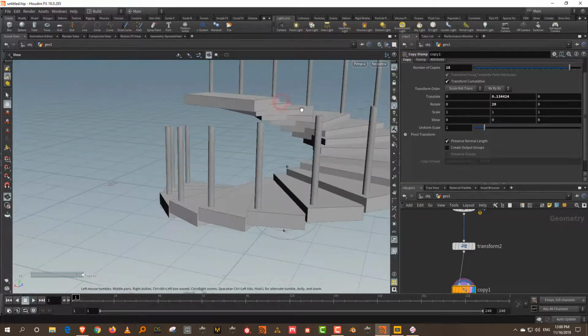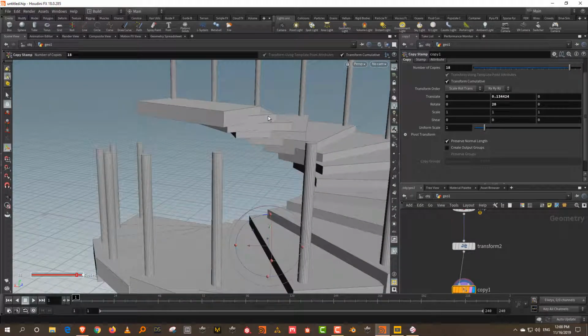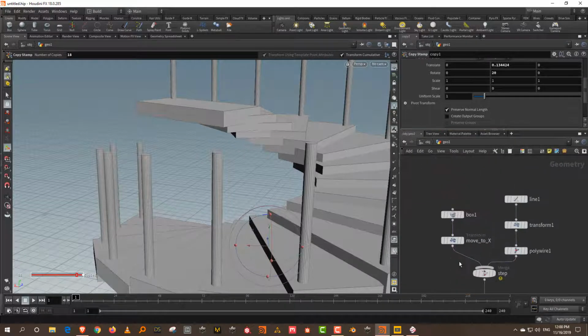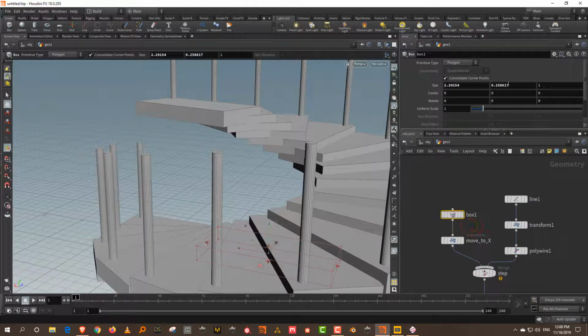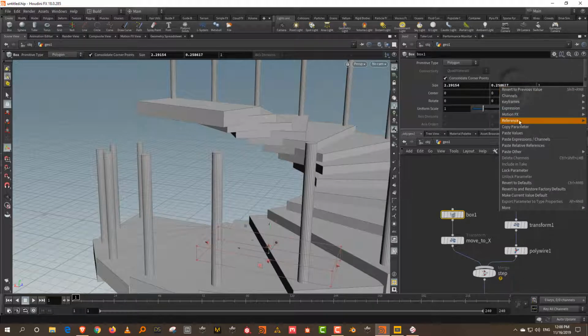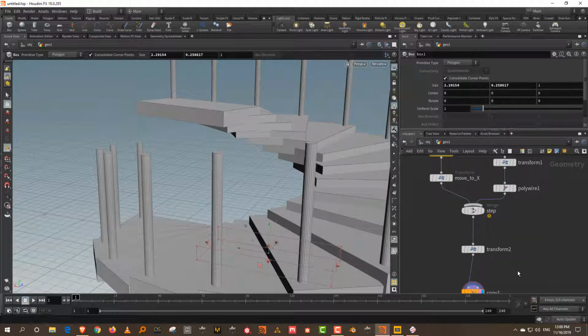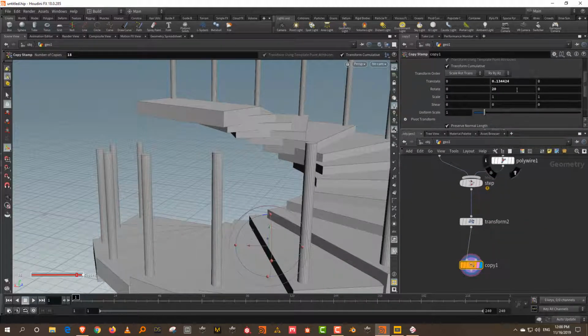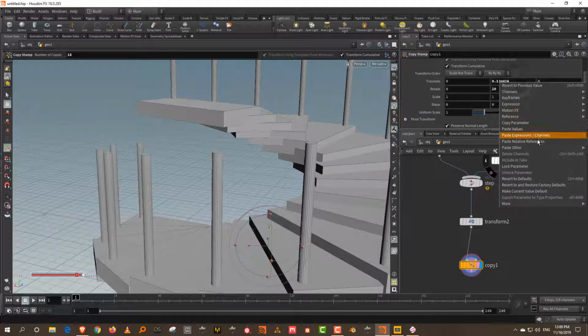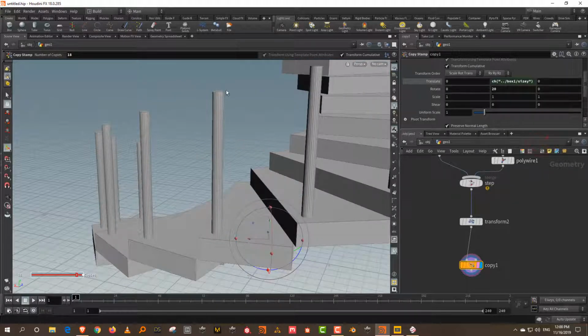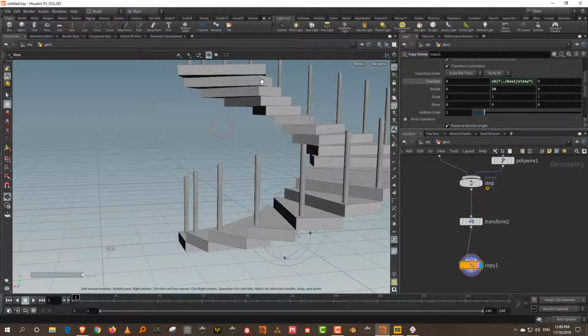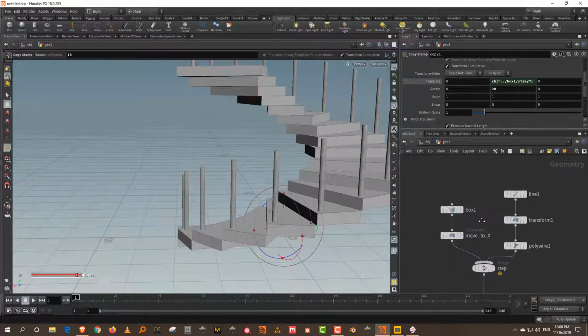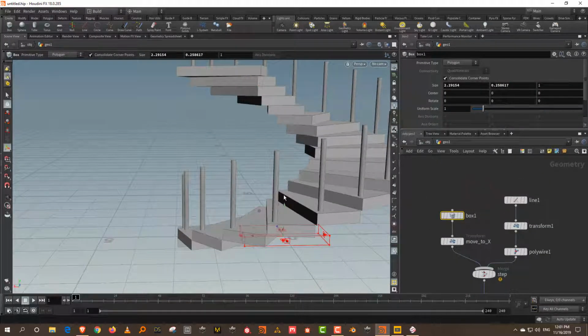Now, if you want, like the steps are currently intersecting, right? So if you want the steps to exactly touch the top step, then what we can do is I can take the height of this, which is 0.25. I can right click this, do copy parameter and come into my copy to the translate Y and do paste relative reference. So what that does is, whatever is the height of the box is how much this thing will move.